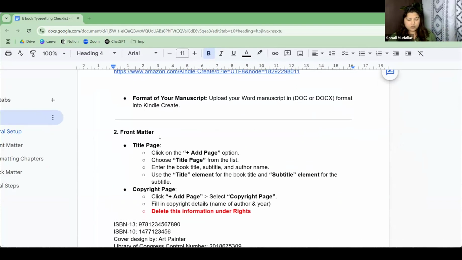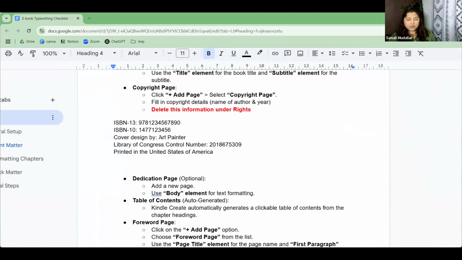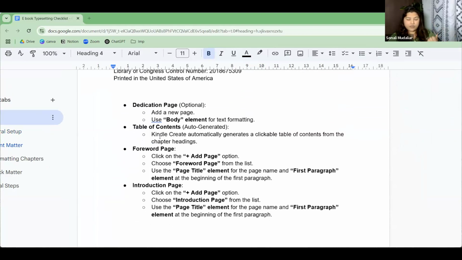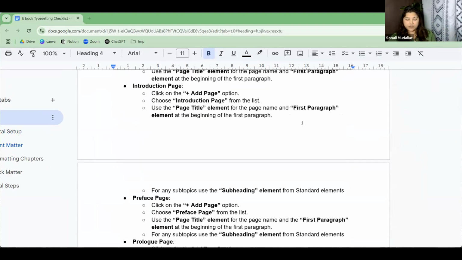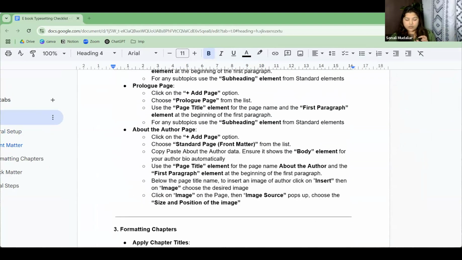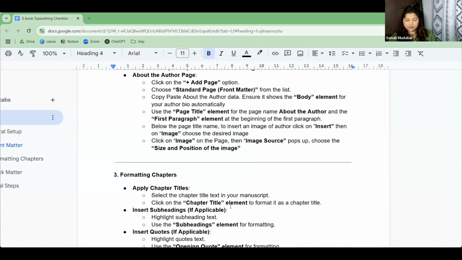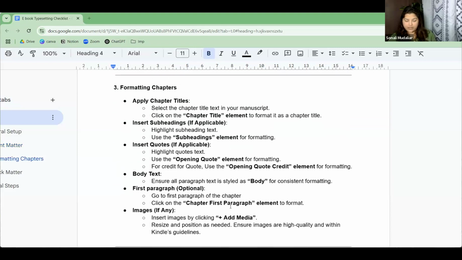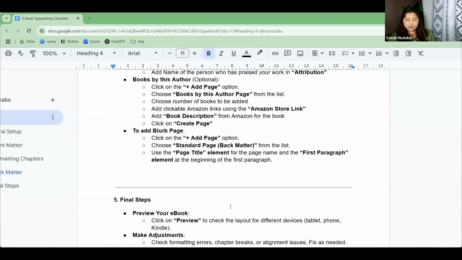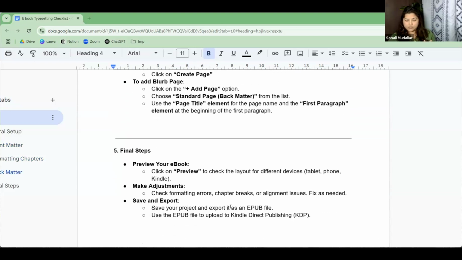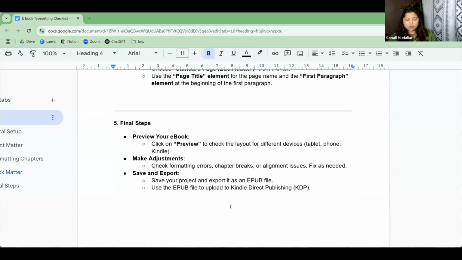Okay, so this is a guideline. When you're watching the recording and doing it, if you get stuck anywhere, you are going to use these things, like forward page, what should I click on, how do I choose it, what should be the first paragraph and everything else. So you're going to click on all of these things. I will be showing you live right now, but this is just as a backup plan for you. So where to find what? This is how you go about it.